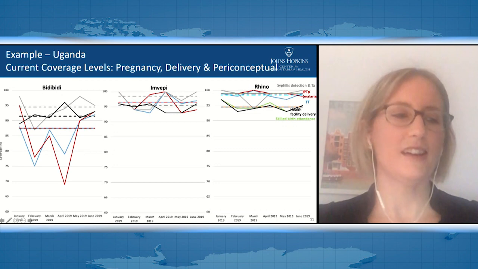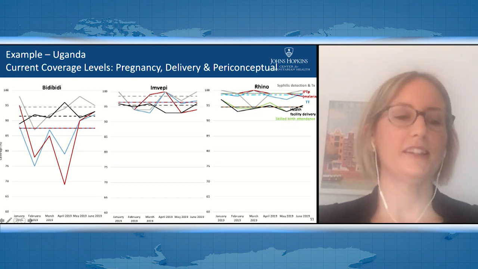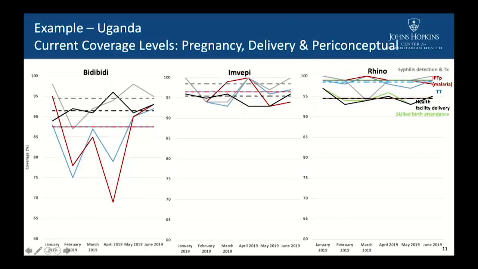And as you can see from this slide, we did this in Uganda last year for 3 camps or settlements. And the data that you see is for the pregnancy, delivery, and periconceptual area. And we've just plotted the data per month for a period of 6 months, and then put in average lines. So those dashed lines are the average over the 6-month period, whereas the solid lines are the